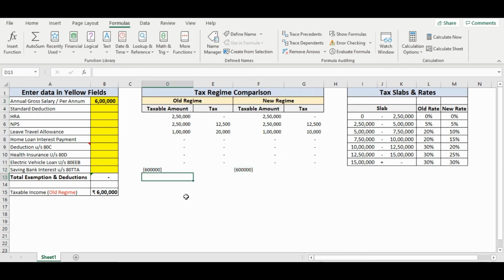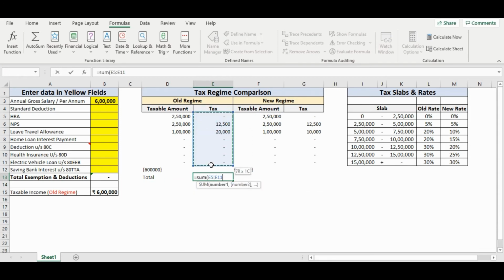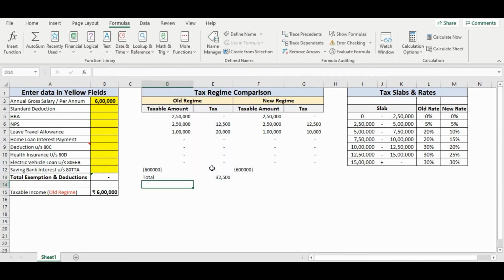Moving on, let us see what is the total tax to be paid. So we'll just type total. We'll calculate the sum of all the tax. So we'll just type sum and drag all of the columns. This will give us the total sum. We can now copy this and replicate for the new regime as well. So we can see that both the figures are here.